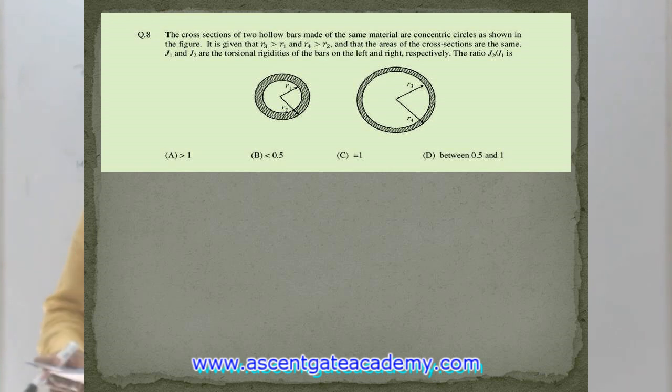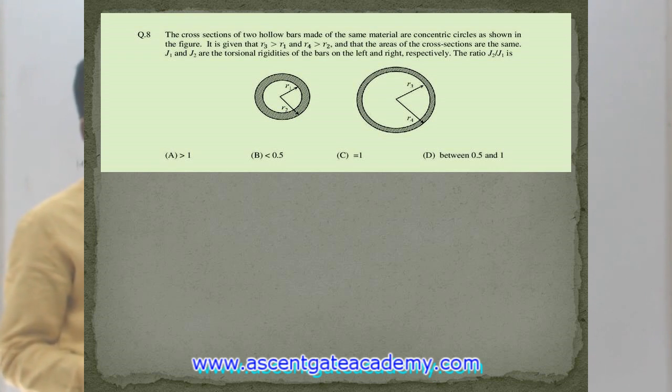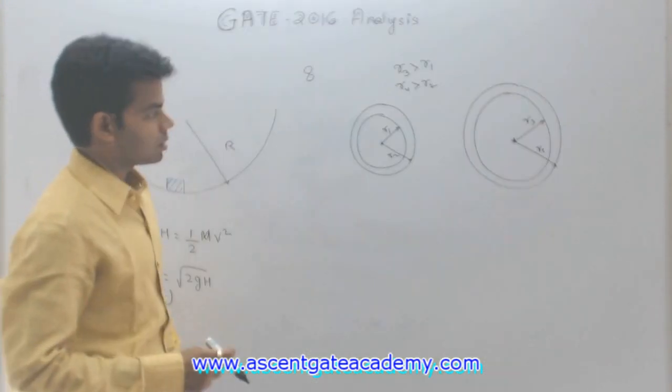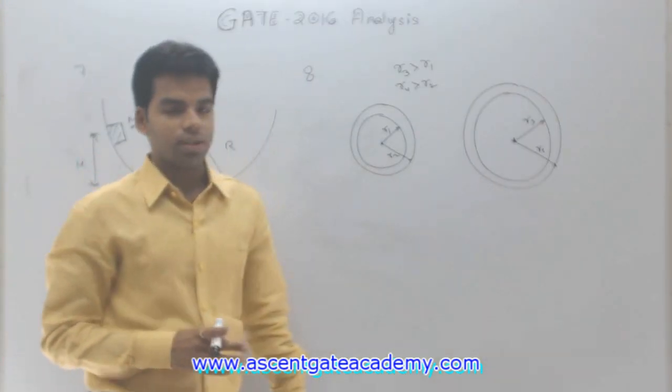Okay, next is question number 8. The cross sections of two hollow bars made of the same material are concentric circles as shown in the figure. It is given that R3 is greater than R1 and R4 is greater than R2, and the areas of the cross sections are the same. J1 and J2 are the torsional rigidities of the bars on the left and right respectively. The ratio of J2 by J1 is, okay, so we have these two cross sections given